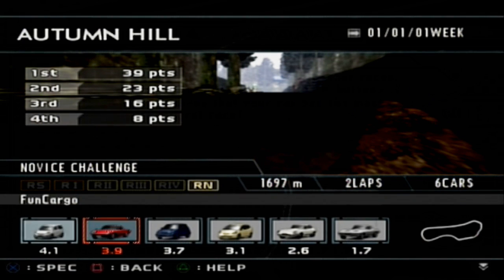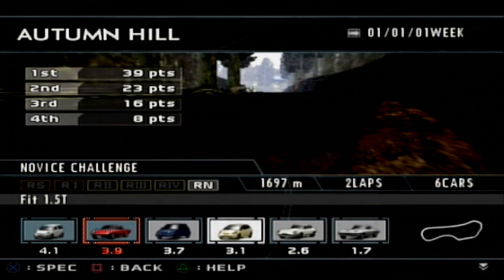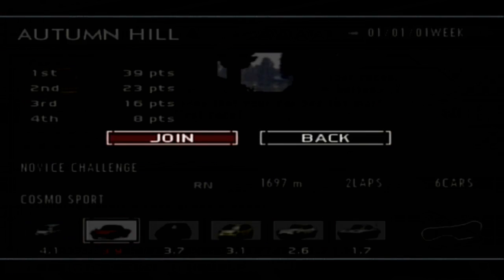I think we are... Okay, we can. We're against a Fun Cargo, a City Turbo, a Fit, oh, amazing, an E-Type, and a Corvette Stingray. Well, if we can get a 4th place, I'm going to be... We should be able to beat a City Turbo and a Honda Fit, maybe? I mean, the E-Type might be pushing my luck a little bit, but...